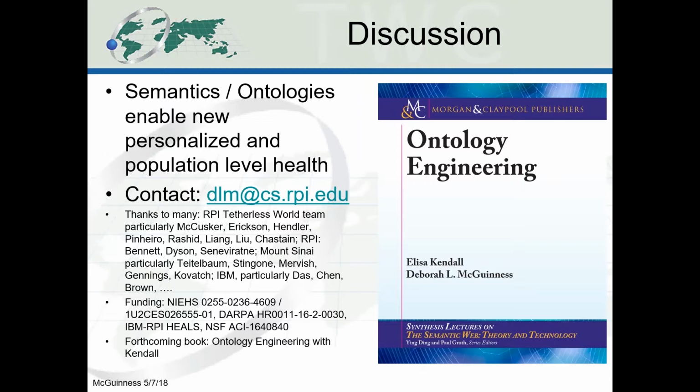And so I'm going to try to leave some time for questions. Basically, my main message is that using semantics-enabled infrastructures and using ontologies with clear and unambiguous definitions of terms, I can enable personalized and population-level health. I can enable pooling of data so that your biostatistician friends can do your analysis on larger sample sizes where we know that education level above high school really was above high school in all of the data that was put together there.